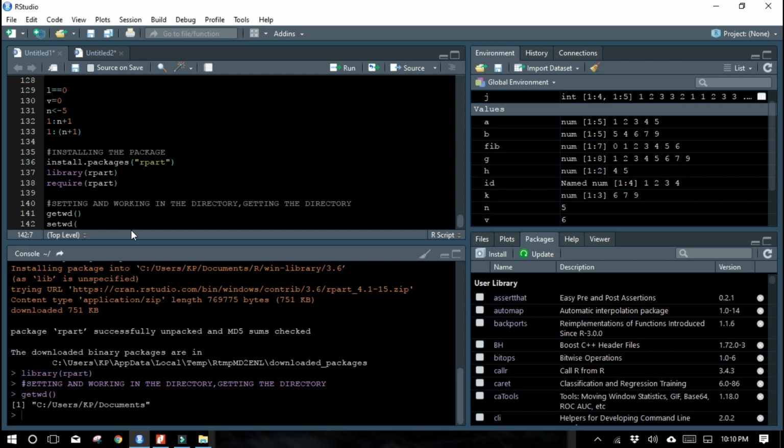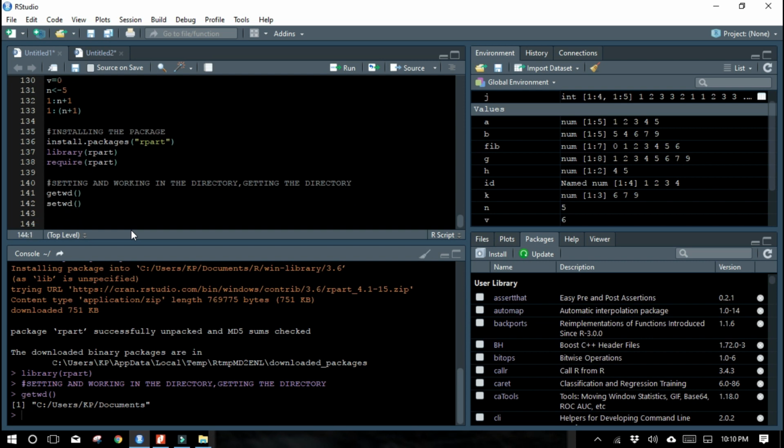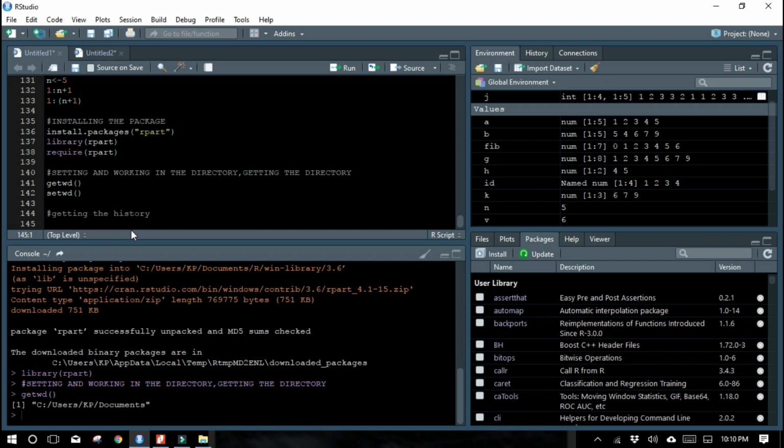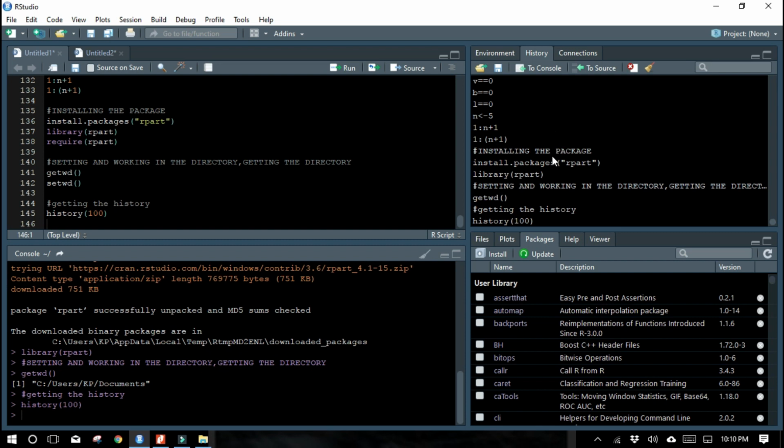Now, how will you see the history of all the commands whatever you have used? Getting the history. If you give history of 100, it will give the first 100 lines of history that you have used.